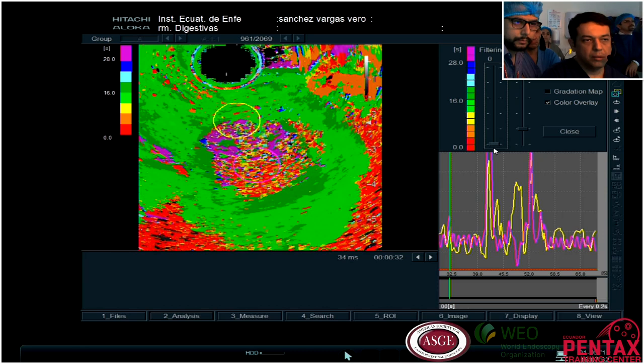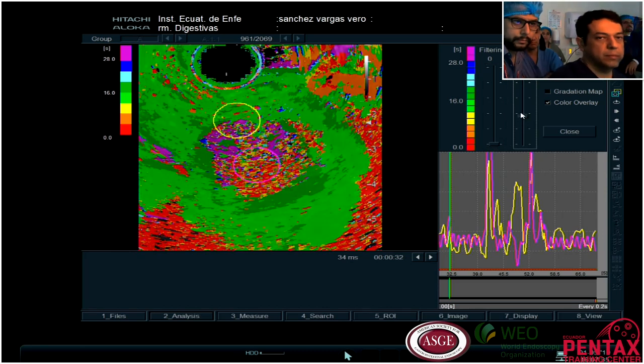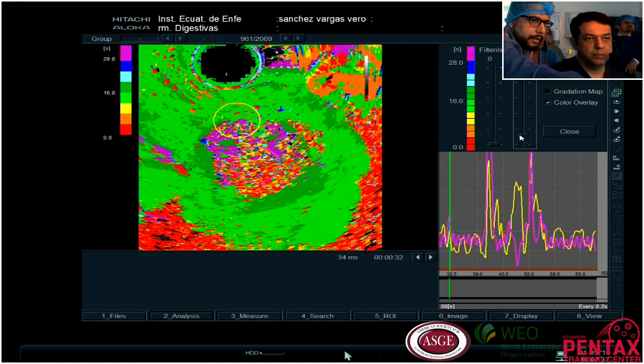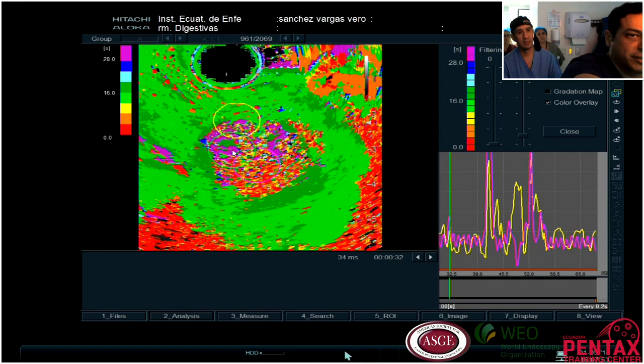Now it's better. So we can see here the difference in the colors. You see from the green to the blue, and how do you say this color in English? Violet. So violet is the higher captation, and that's good because we can see that probably there's some inflammatory area. So yes, we can graph that.